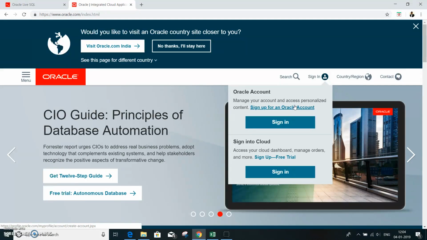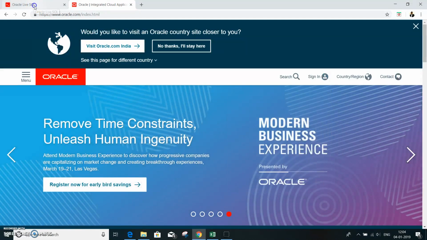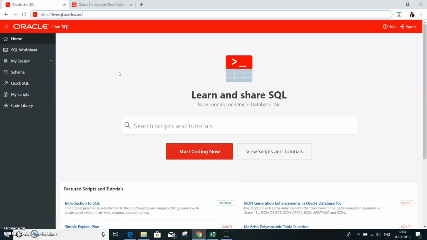So once you create this account, you can use those sign-in details to access livesql.oracle.com.